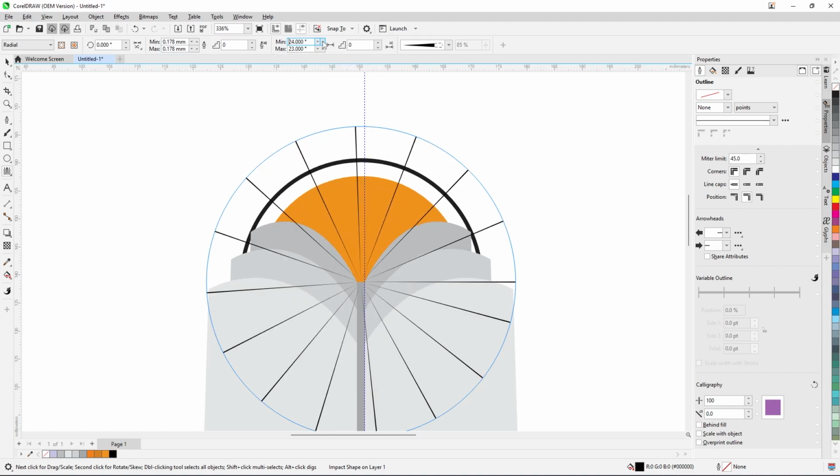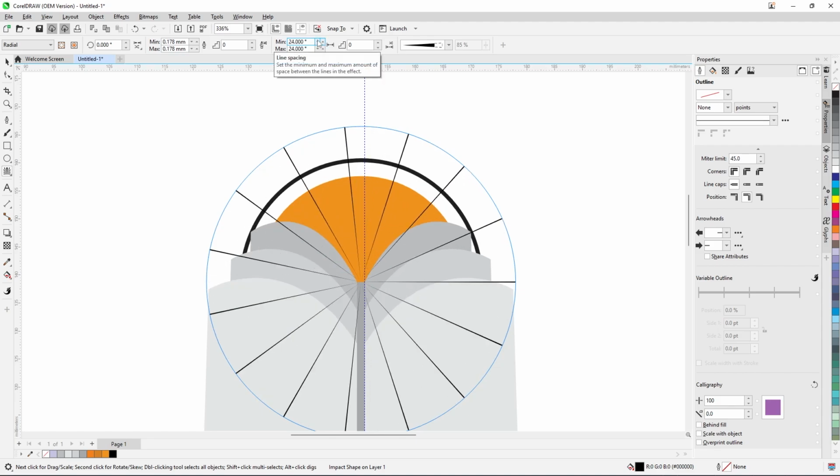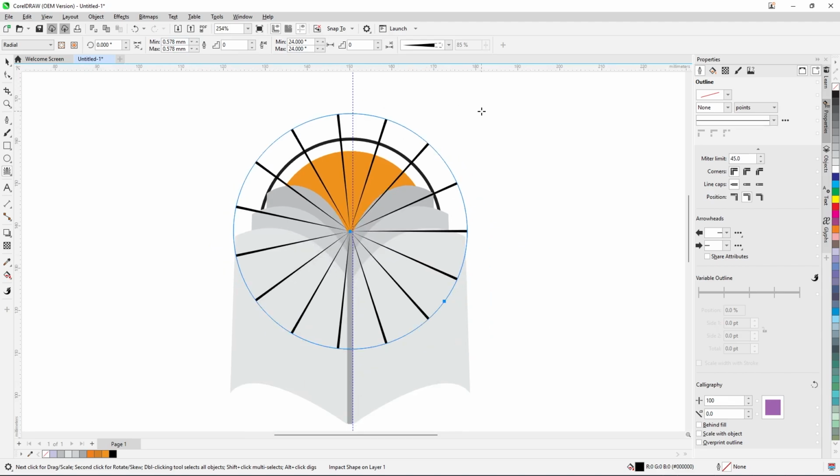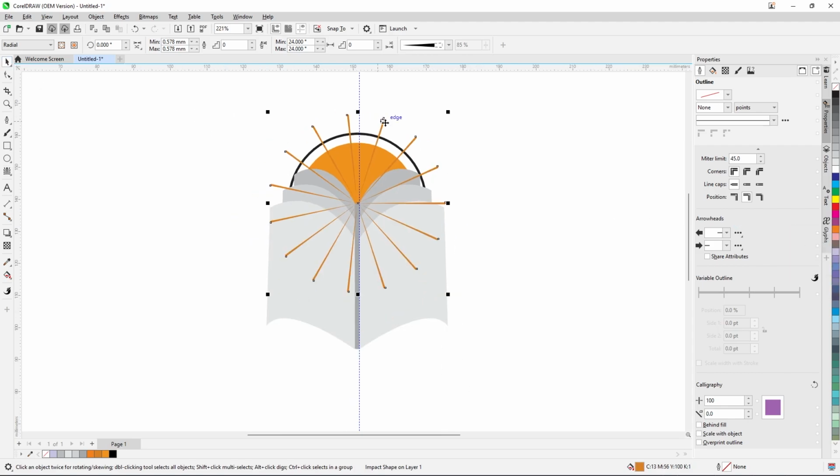Yeah, these are enough. Okay, and increase the thickness. Then change this color to, suppose, something like orange. Okay,